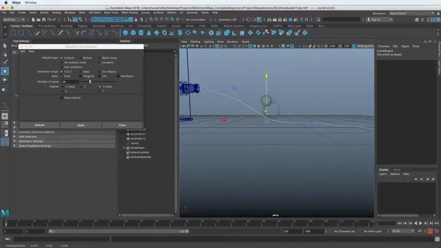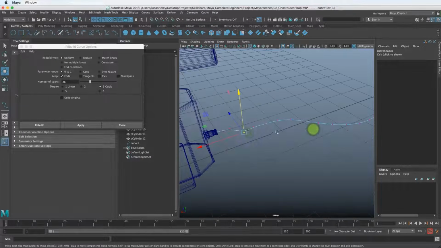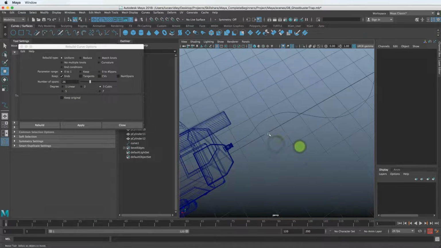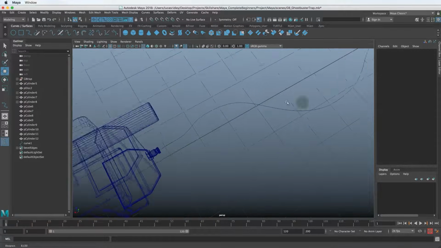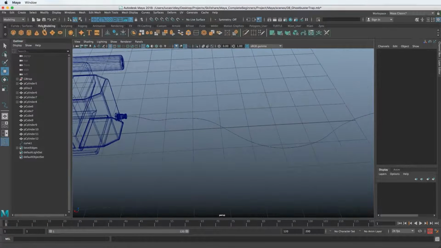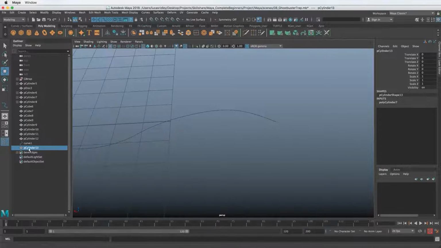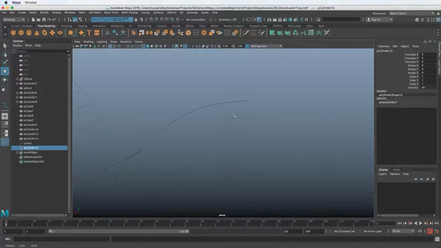But let's get to the meat of this thing, where we need to extrude a cylinder over this curve. So I'm going to turn that off, close that down. And now we need to create a poly model. I'm going to grab a cylinder, and I know I have it selected because I just created it, but also because I can see it in the outliner, so I don't have to visually see it over there to know that it's selected.